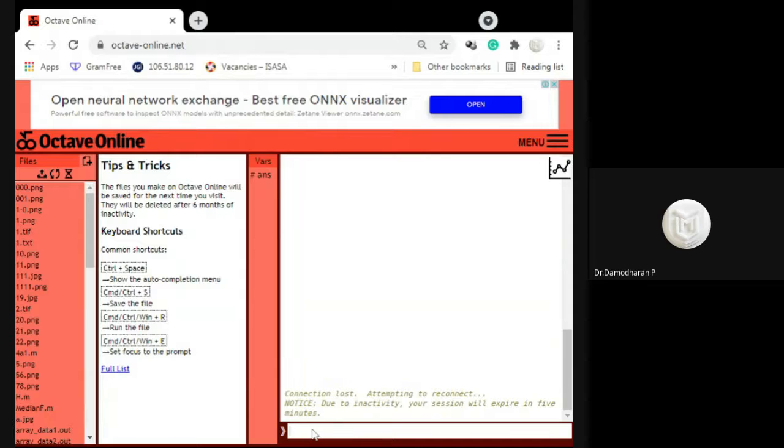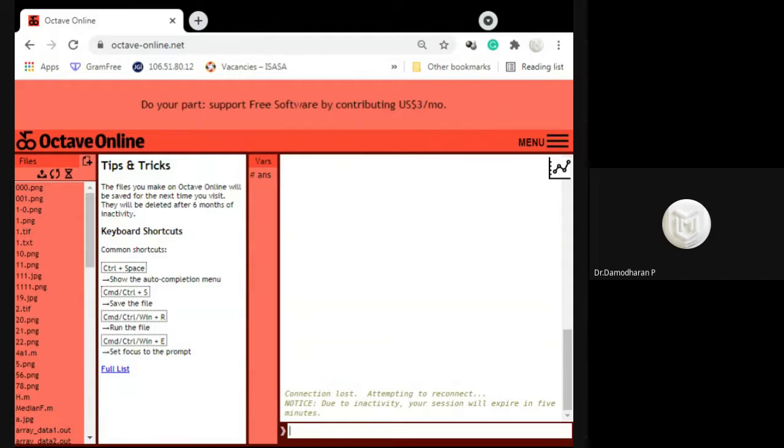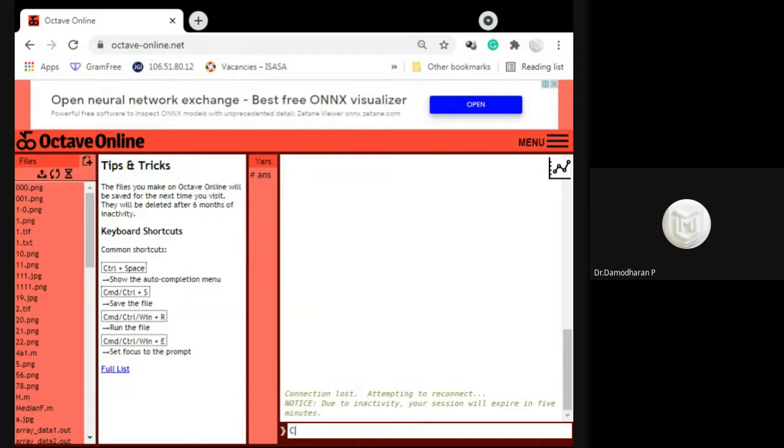Now, before going to the program, we are doing some pre-exercise for the colored image: reading the image and displaying the image. It may be a colored image, a grayscale image, or a black and white image. The reading and displaying is the same.